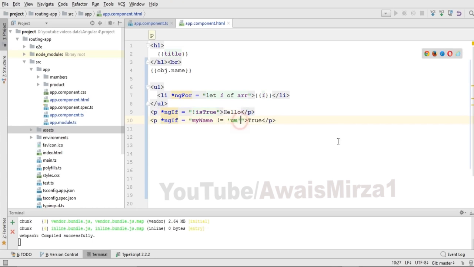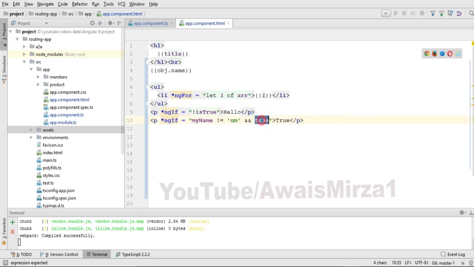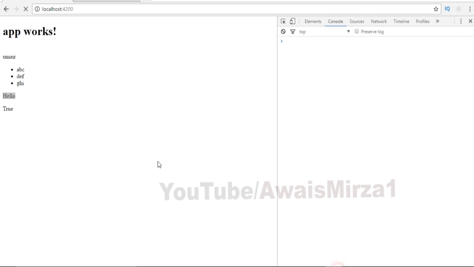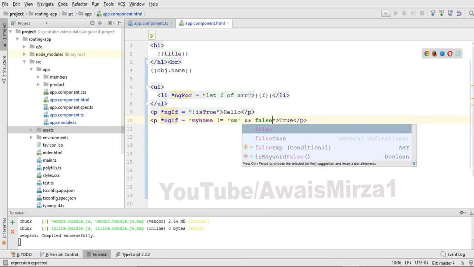I have defined a condition. We can also write AND operator like this, and I have directly written a boolean value. After that we can also define AND operator, we can define OR operator. So let me just save this. You can see that true has been printed because this is true, and false,